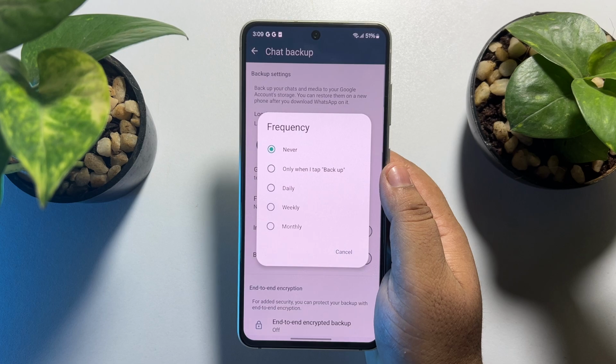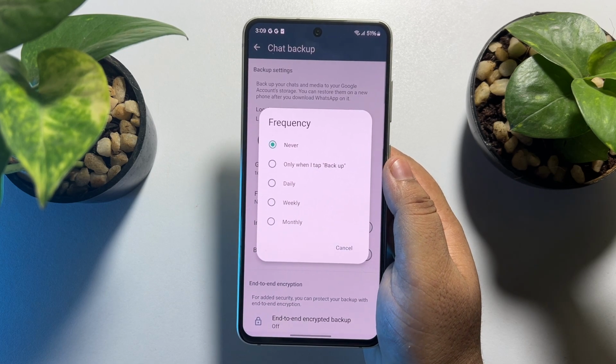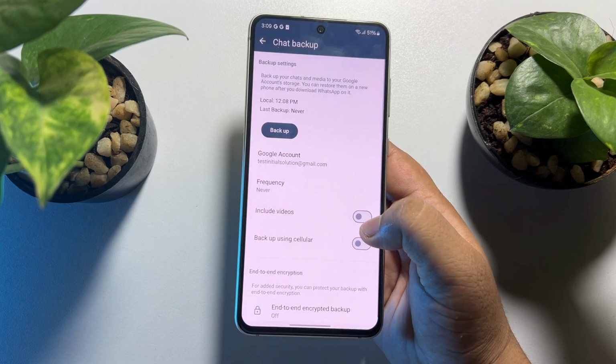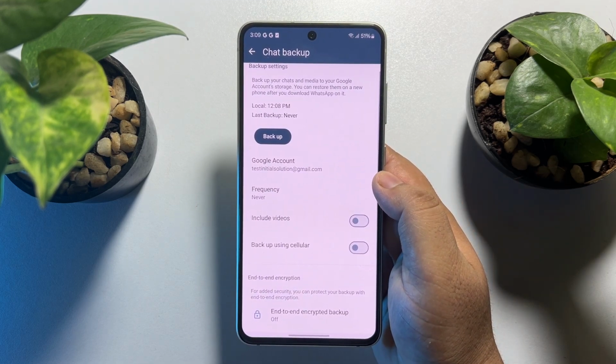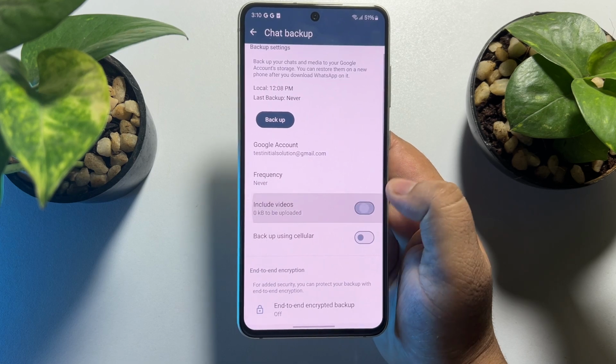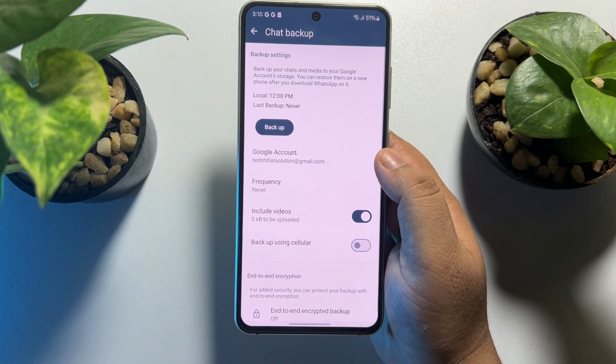you can enable automatic backup. You can select daily, weekly or monthly, but I'm selecting never. And to back up your WhatsApp including videos, enable this option, and now all you need to do is just tap on backup,